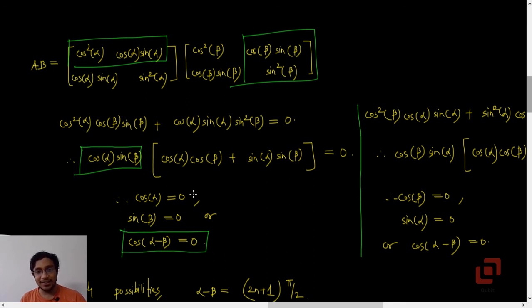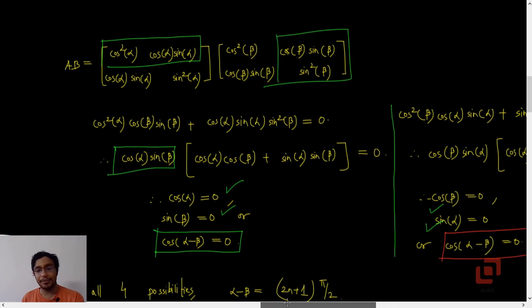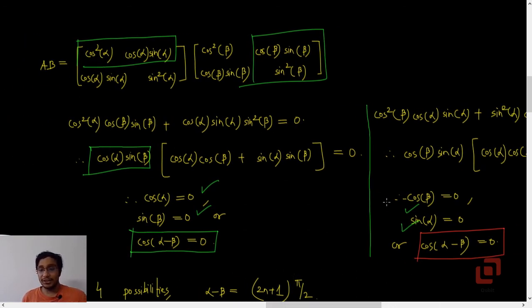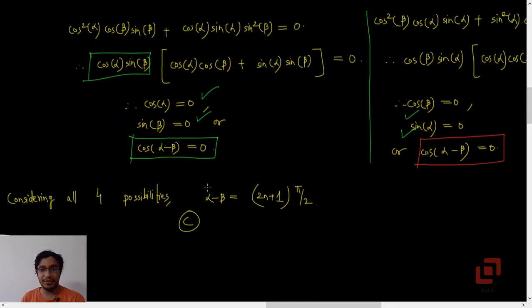But this is actually one of the possibilities which we talked about earlier. What if cos alpha is 0 and sin beta is 0, or what if sin alpha is 0 or cos beta is 0? That's what happens if you consider the remaining combinations of the row and the column. If you do that, you will find that cos of alpha minus beta is making its appearance everywhere. Because these four possibilities are exhaustive, eventually it boils down to the conclusion that alpha minus beta has to be an odd multiple of pi by 2.